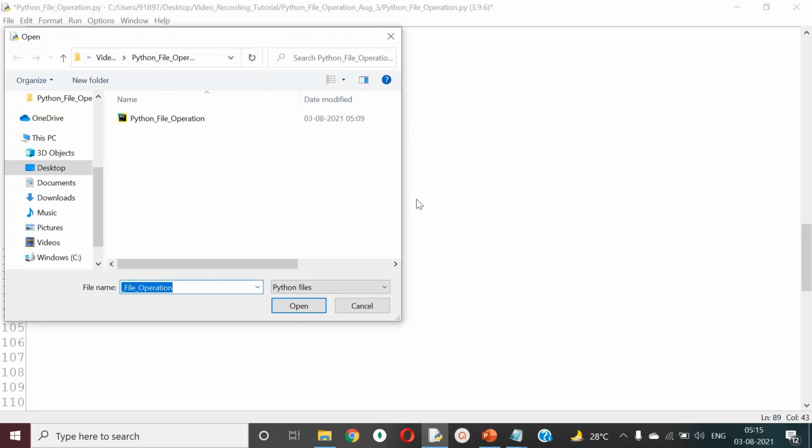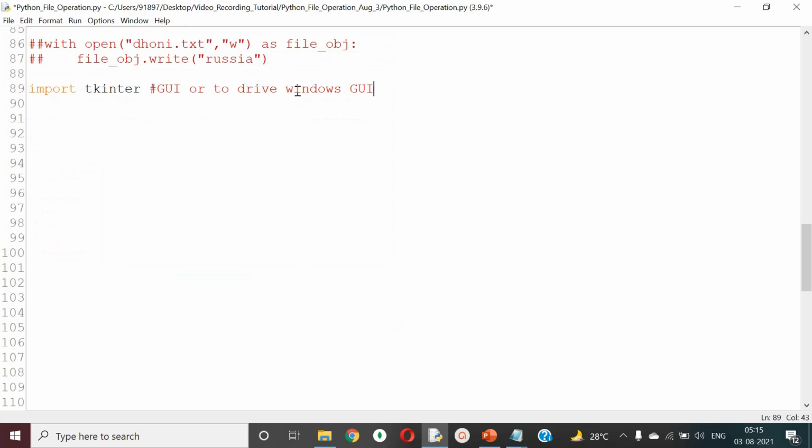When I click on open, now what is this? This is the file open dialog box. So Windows will have a default GUI. We can use the Tkinter library either to create a complete design or to do this kind of smaller driving, where you can induce the dialog boxes of Windows.